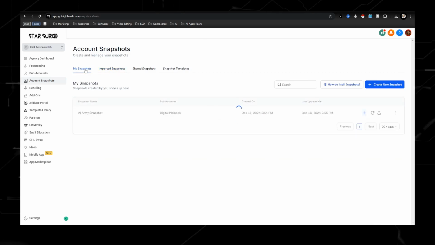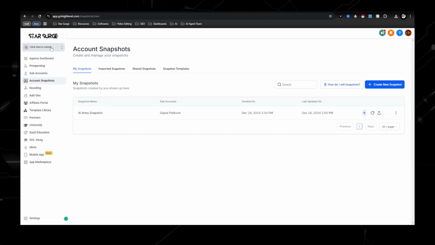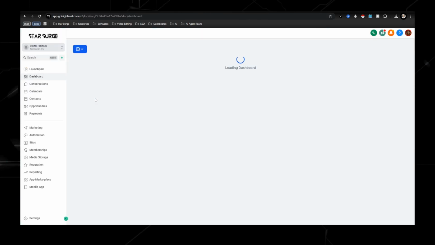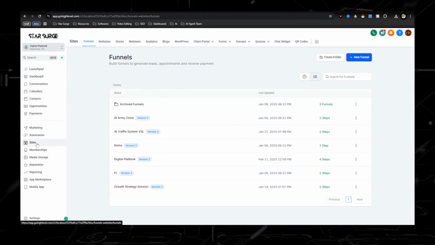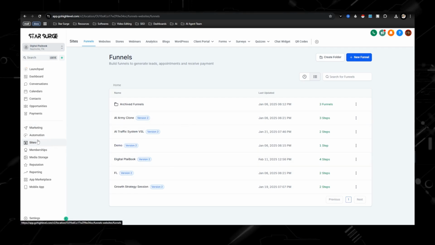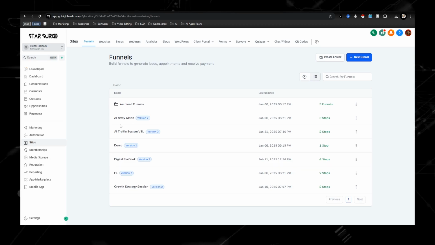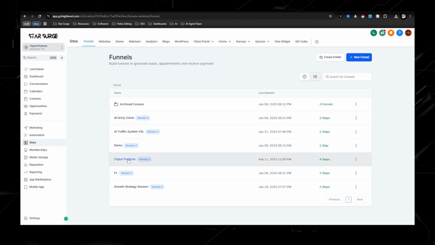And then once you have it imported, you would just hit create new account. I'm not going to do that because I already have an account, but you would go back to, let's start off in sites, and everything would be, boom, you would have all this stuff imported, and then same thing with the automations and then some of the back-end custom values. But since we're in sites right here, let's go ahead and talk about the front-end funnel.